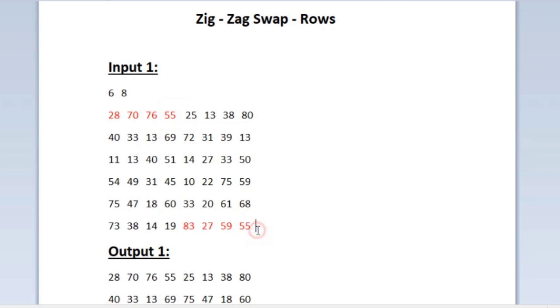And now when we move on to the second row, now we should not take the first half. Now we should take the second half in the second row. So these are the second half integers in the second row, and these integers must be swapped with the first half of the last before row. So these are the integers present in the first half of the last previous row. So these two must be swapped now. So let us now swap these two integers.